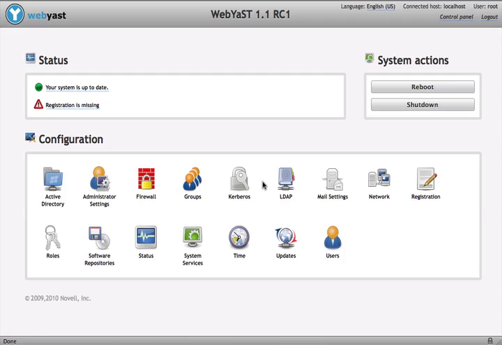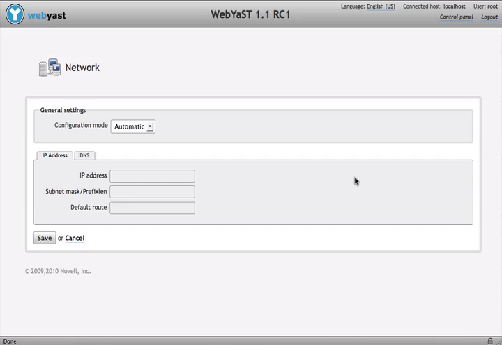Let's take a look at another module. For instance, network configuration. This is probably the single most used module in terms of bringing any appliance into operation. You're in a virtualized environment. Your pipeline to the world is the network. Your virtual machine is going to come up with default configuration that enables it to be reachable by other hosts, and as in this case, you see that it's in automatic configuration, but you might need to fiddle and define things more specifically. As you can see, there is support for manual configuration,